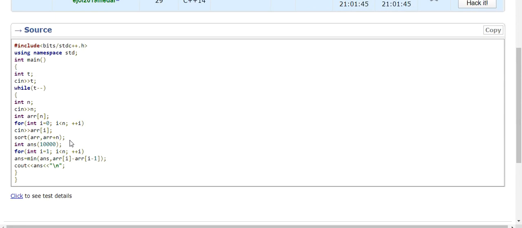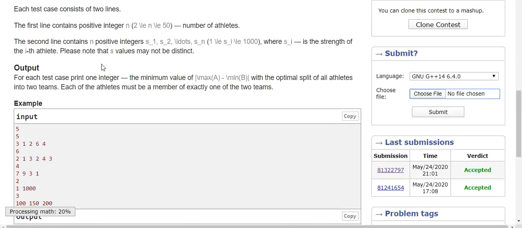Yes, what we do is just sort the array and take the minimum difference between all the adjacent elements. So that means we can just check for every cut in between each index in the array, as we said before. In the third problem,